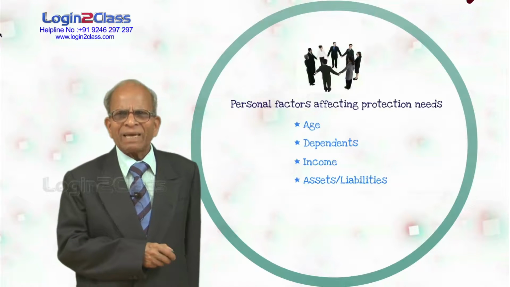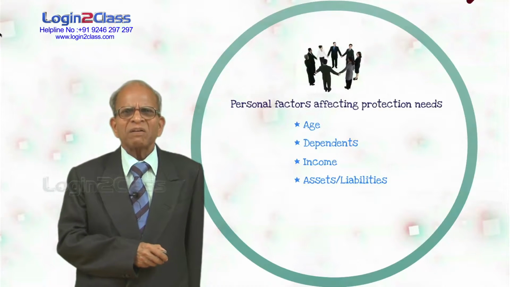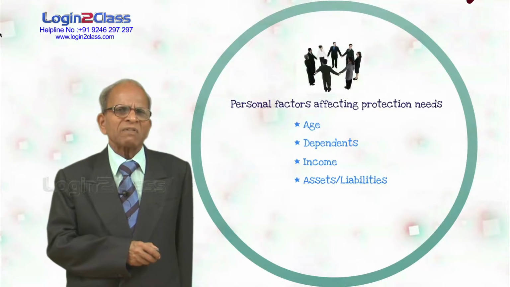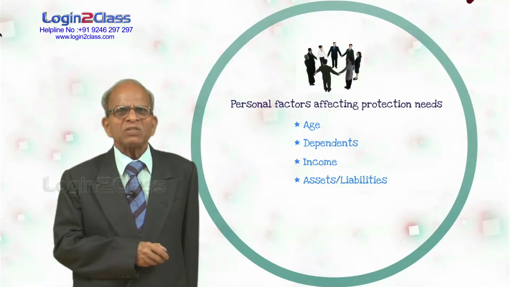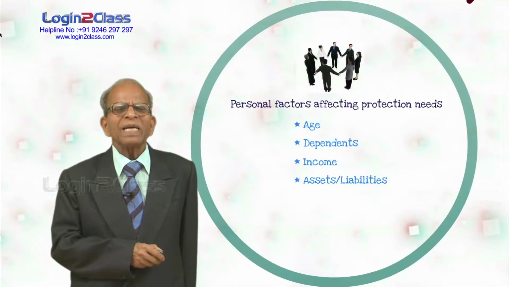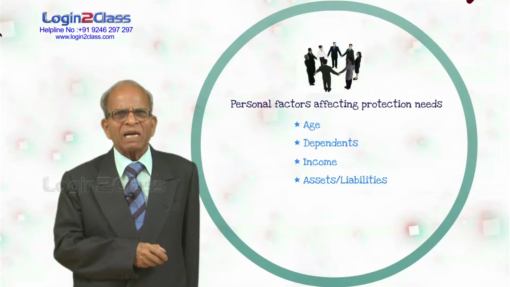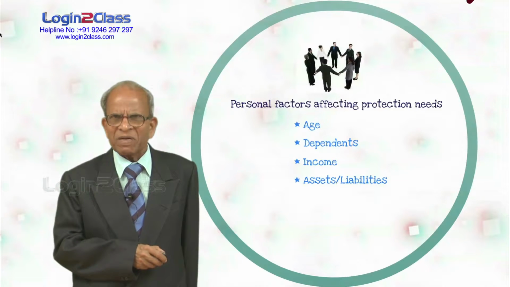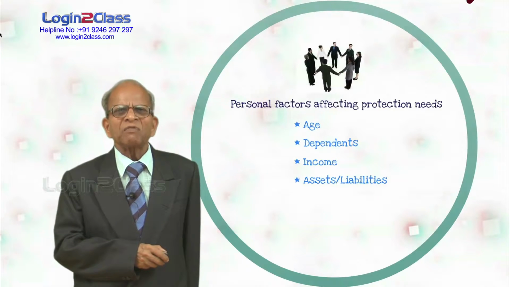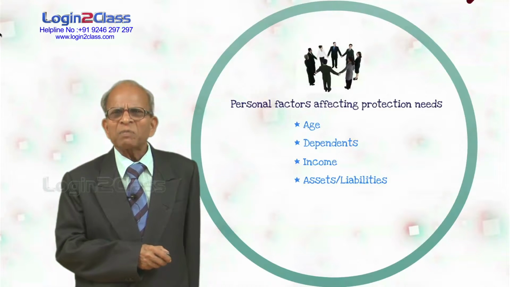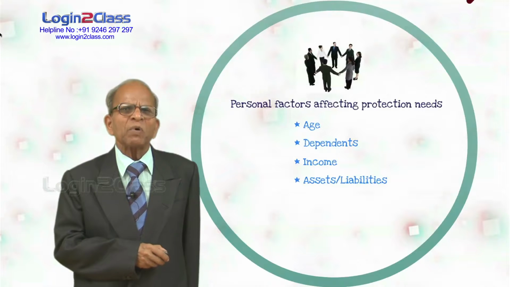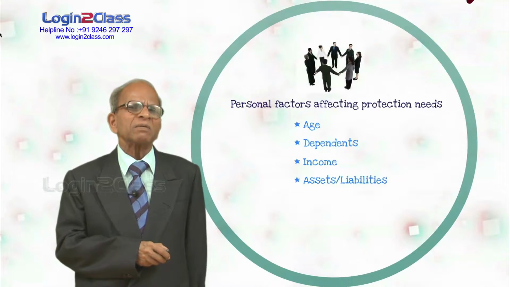Lastly, assets and liabilities. We have seen just now, if he has acquired a house on loan or if he has acquired a car on loan, he has to make some provision. Should he die, the loan should be automatically cleared. Otherwise, number one, the bank people will come and take away the assets. Or the creditors will be after the family and all that. To avoid all these things, we should take term assurance policies for the amount of not only the asset loans,